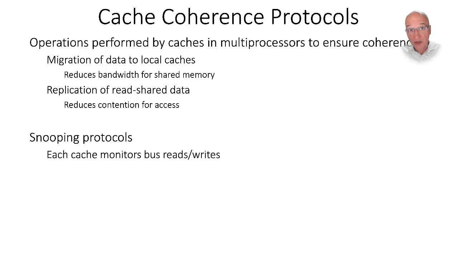So they are snooping and they are seeing everything that's going on in the bus, and then they are taking action with their own values that they have saved from previous operations to make sure that they are consistent. So in the snooping protocol, the idea is that, for example, if I have a local copy of a value and I snoop the bus and I see that another processor has written to that value, I can simply invalidate